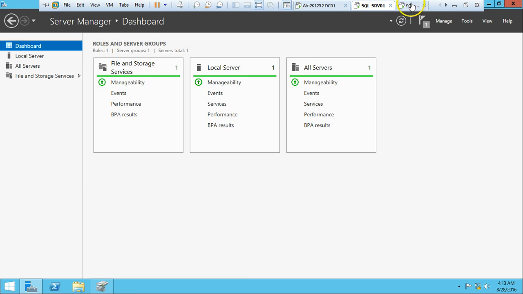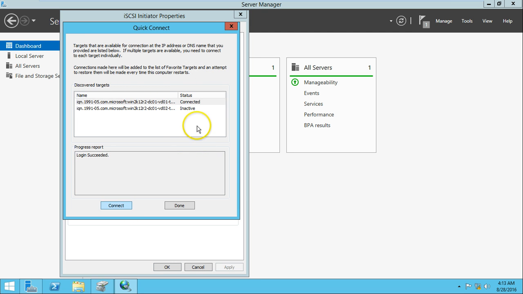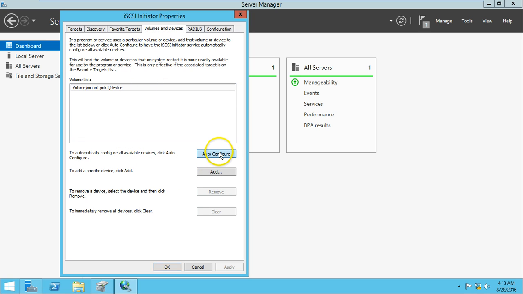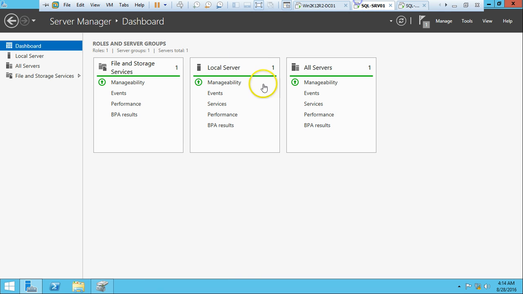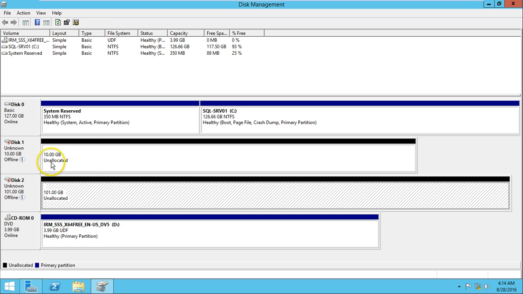And same going to do on the second. I'm going to put my IP address details, quick connect, and connect both targets. You can see login success. Click OK, and if you click on auto config, click OK. And do one thing, go to the first machine, and you can see we have two disks here and